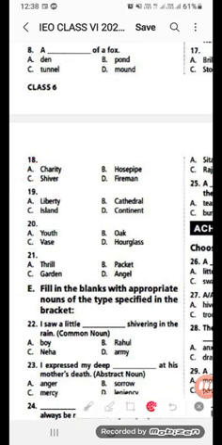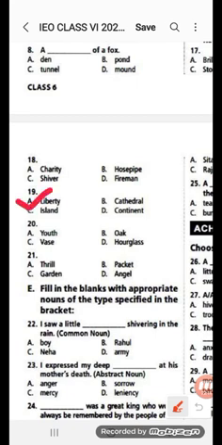Now number 19. Option A, liberty. Liberty is the freedom to go wherever you want and do whatever you want. Freedom actually it is. Liberty means freedom. Option B, cathedral. A large church that is the most important one in a district. Island. A piece of land that is surrounded by water. Continent. A very large area of land. So we can see a cathedral, an island, a continent, but we cannot see, hear, taste or touch the word liberty, which is an example of an abstract noun.